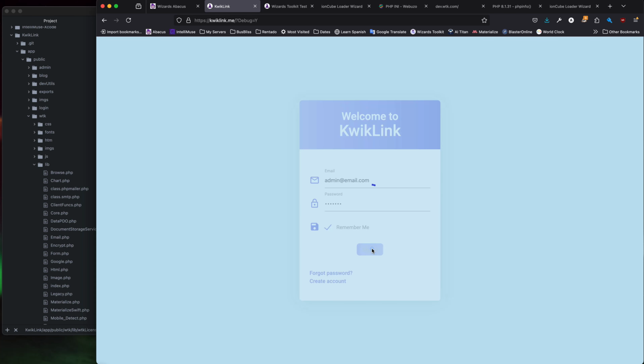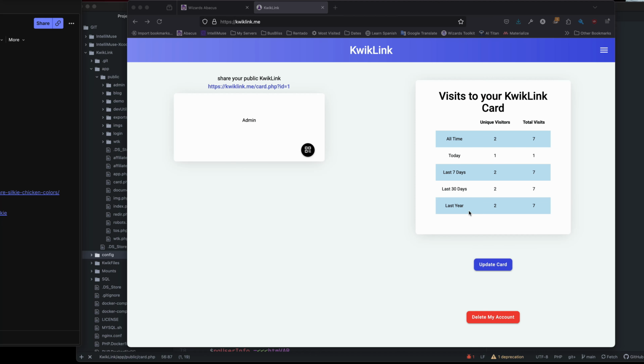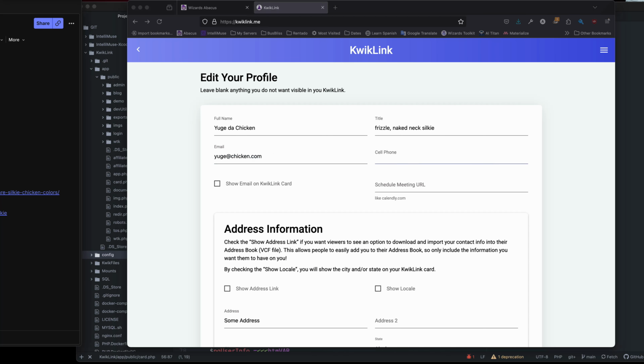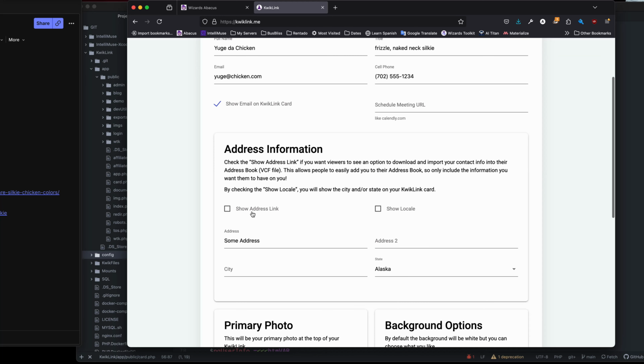Everything's working. So now I'm going to make the first KwikLink card to make sure everything's working. I'm going to just speed this up so that you can see the creation of the first card nice and quick. In my next YouTube video, I'm going to make it so that when a person registers, it goes